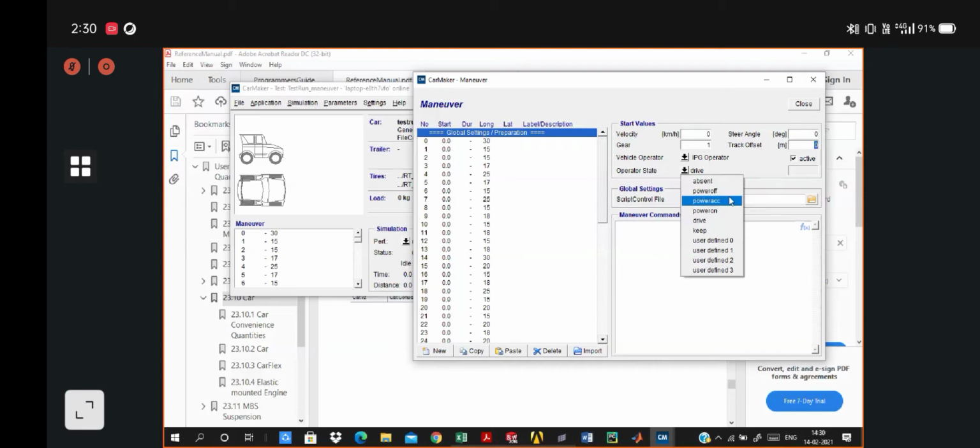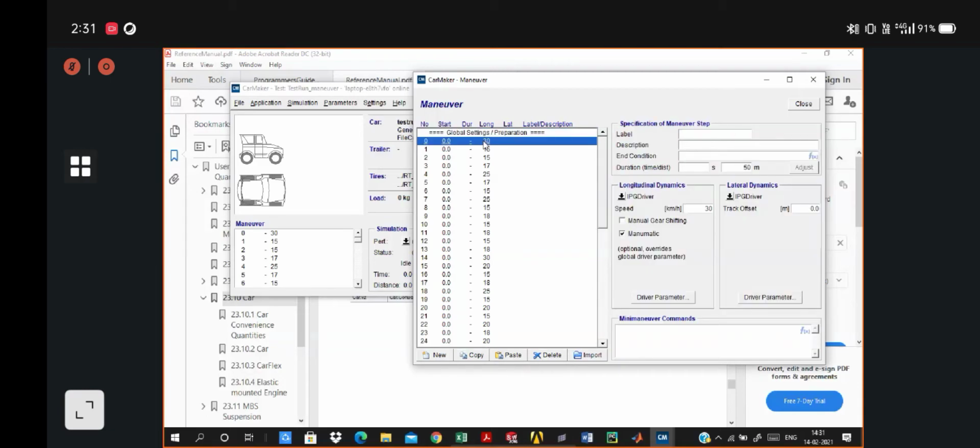And then coming to the first step, which is for the first 50 meters, in the duration you can define either the time or the distance. If you define the time as, suppose, 15 seconds, your vehicle will move for 15 seconds with a speed of 30 kilometers per hour, and then it moves to the next step.